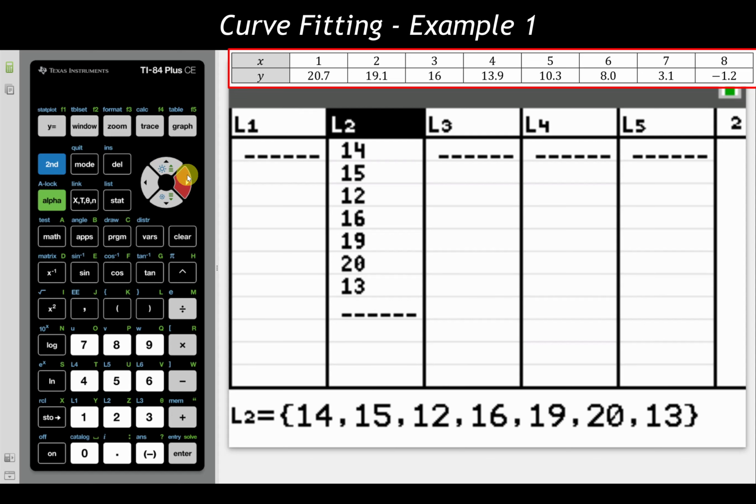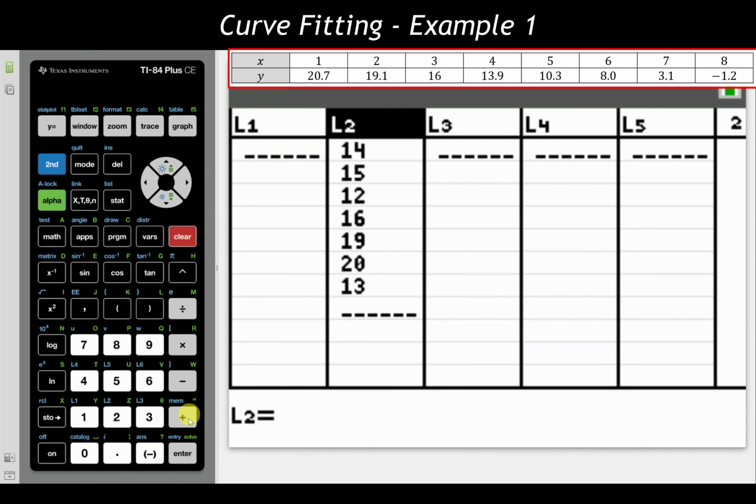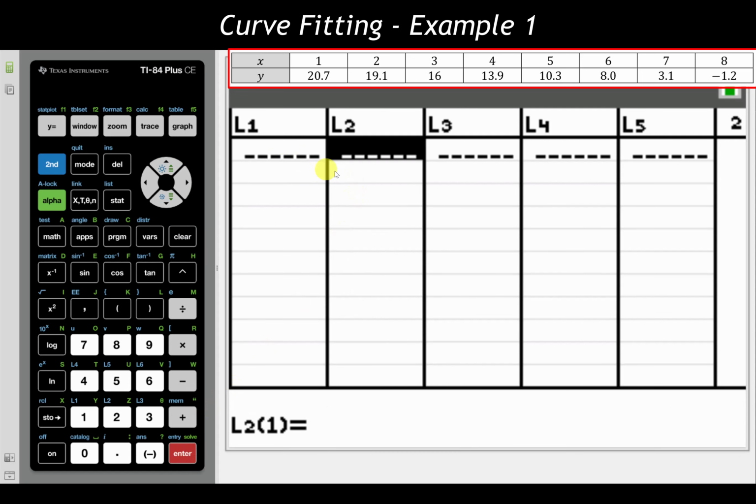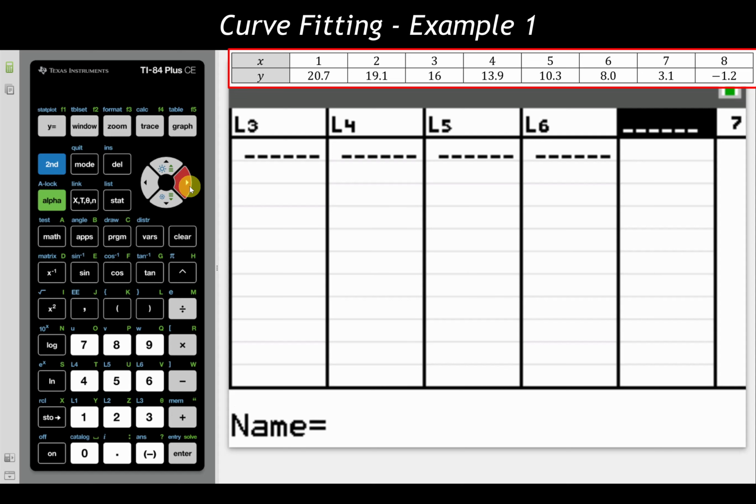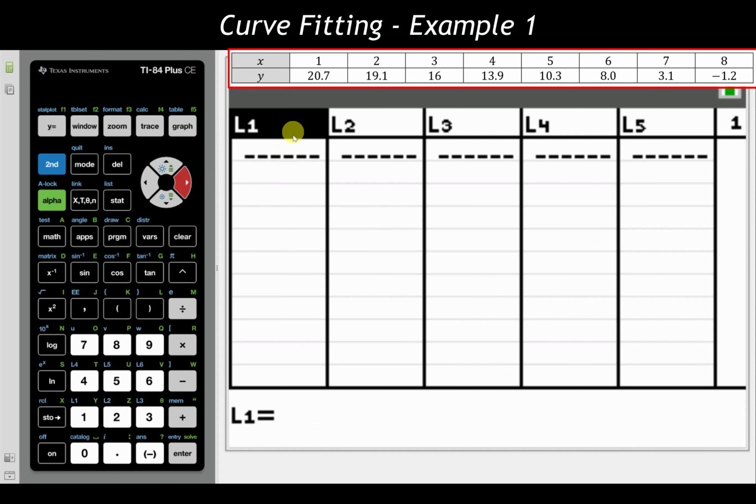I'm doing the same thing, going over to list 2, hitting clear, and then hitting enter, and now I have my first 2 lists cleared out. I would recommend, if necessary, scroll left and right to make sure that you have all of those lists cleared out, and we are only going to use our first 2 here. I think that tends to help cut down on potential confusions with the calculator and other things that we can do with it.